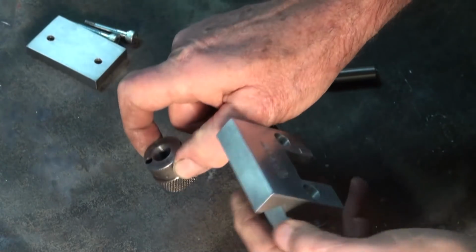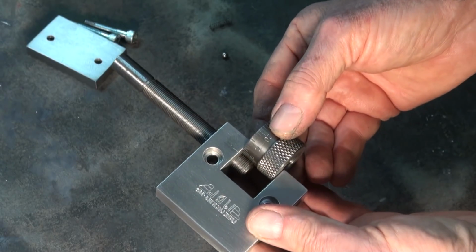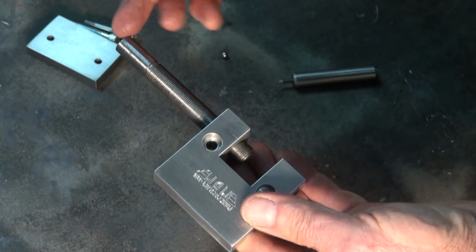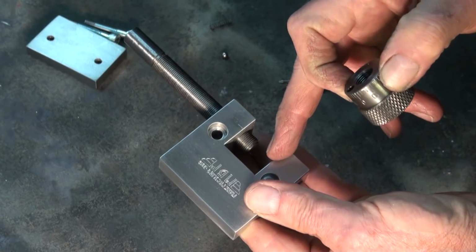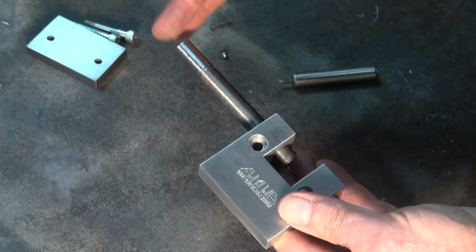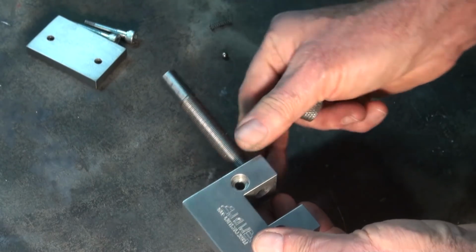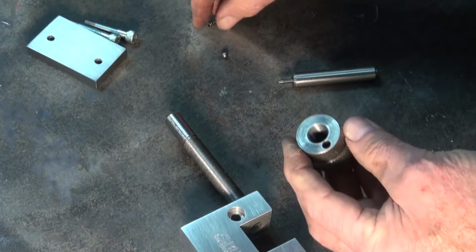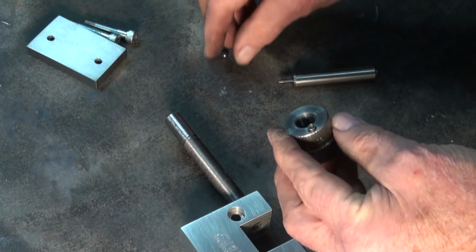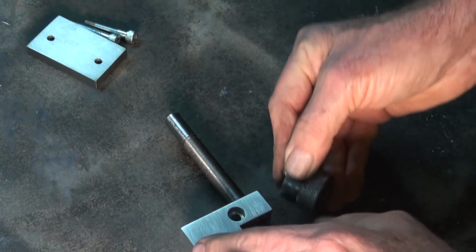Now, I was a bit concerned that the fit of the dial inside that slot wouldn't be perfect. You've got to have some clearance, and what I wanted to be sure of was that the stop was always pushed up hard against this shoulder here, so that when the carriage comes down and hits the end of the stop, it's already fully engaged against that face there. So the idea was that I was going to fit a spring